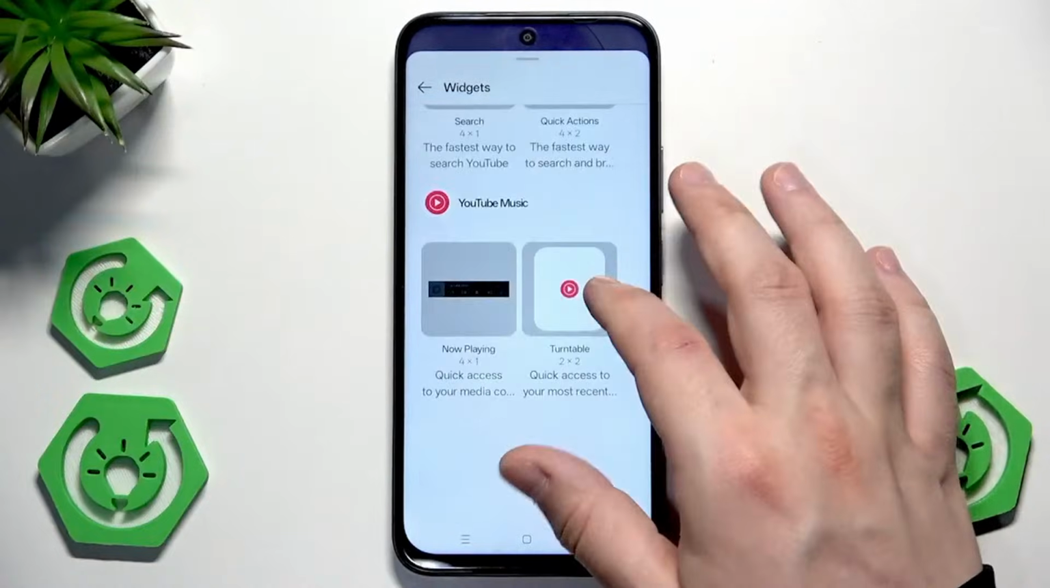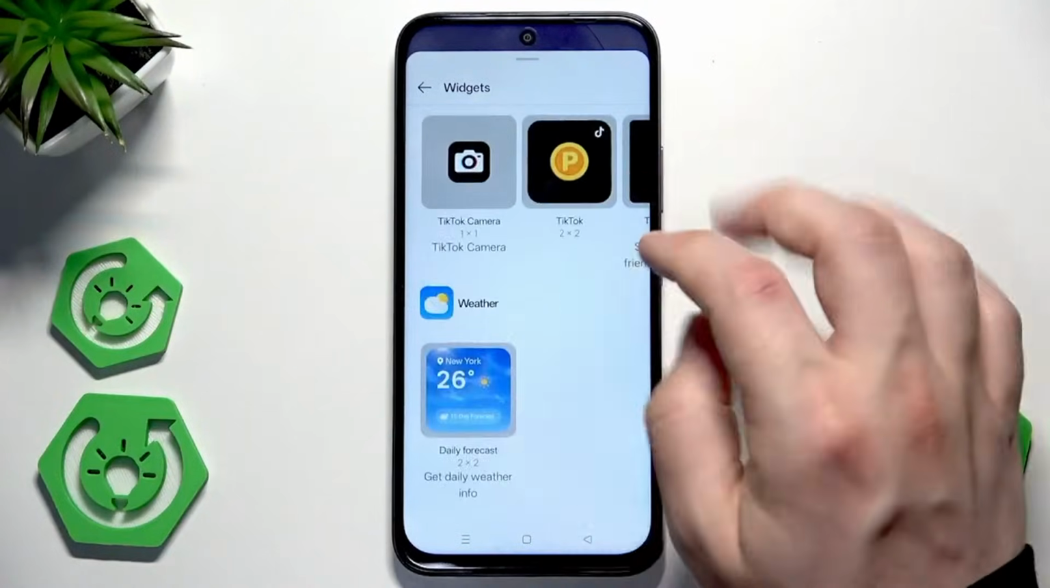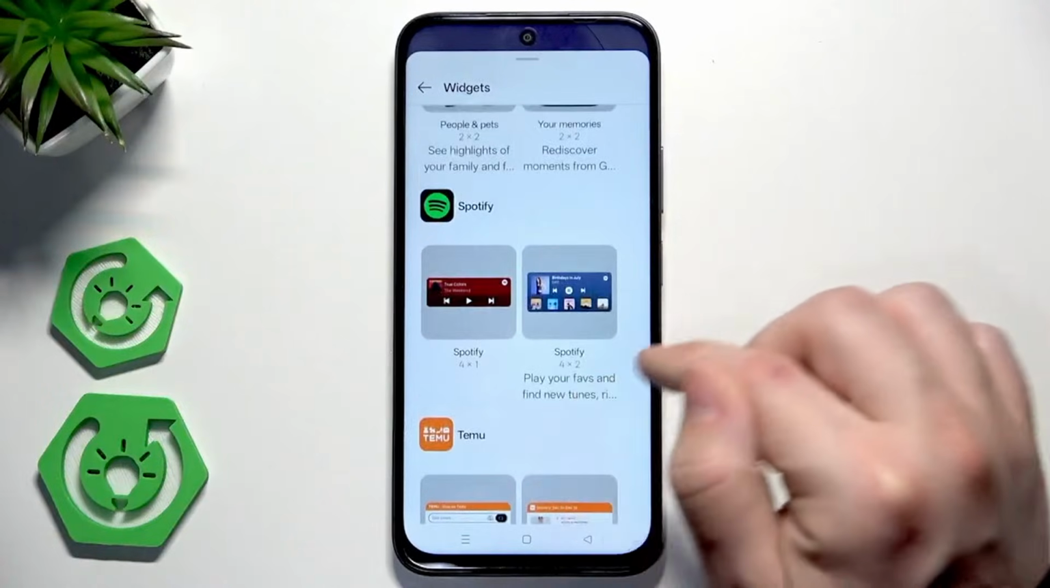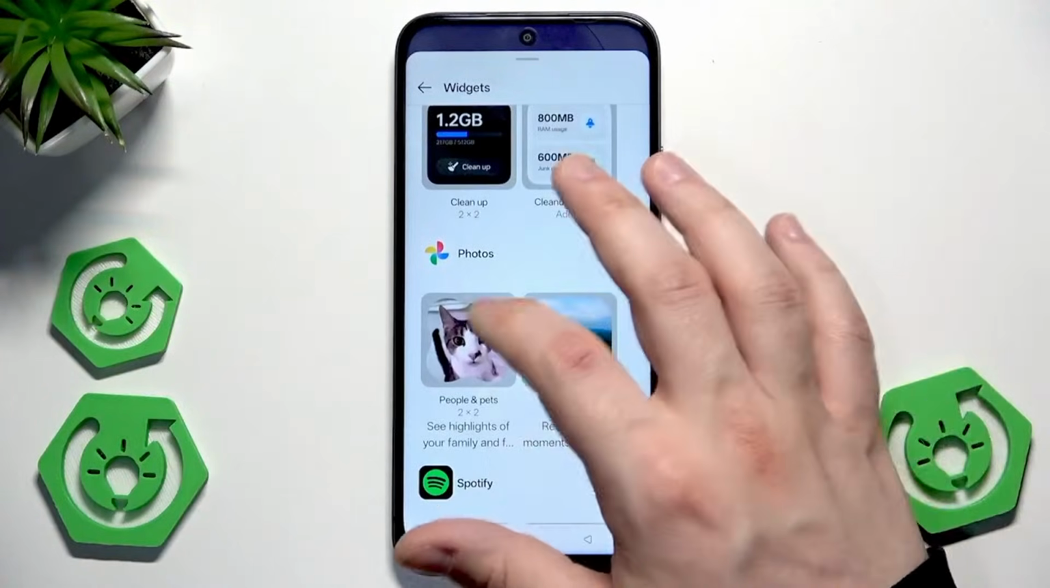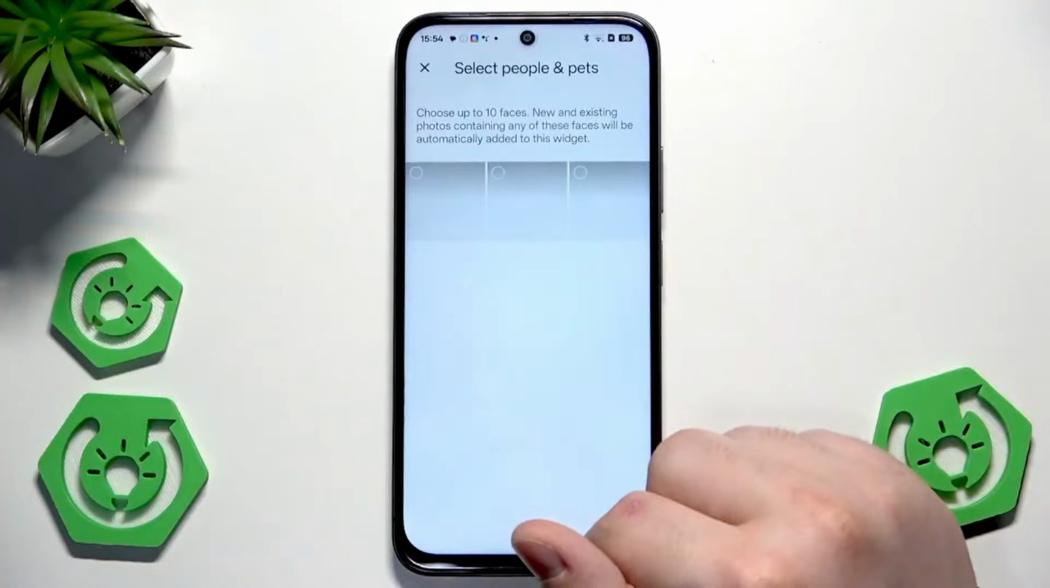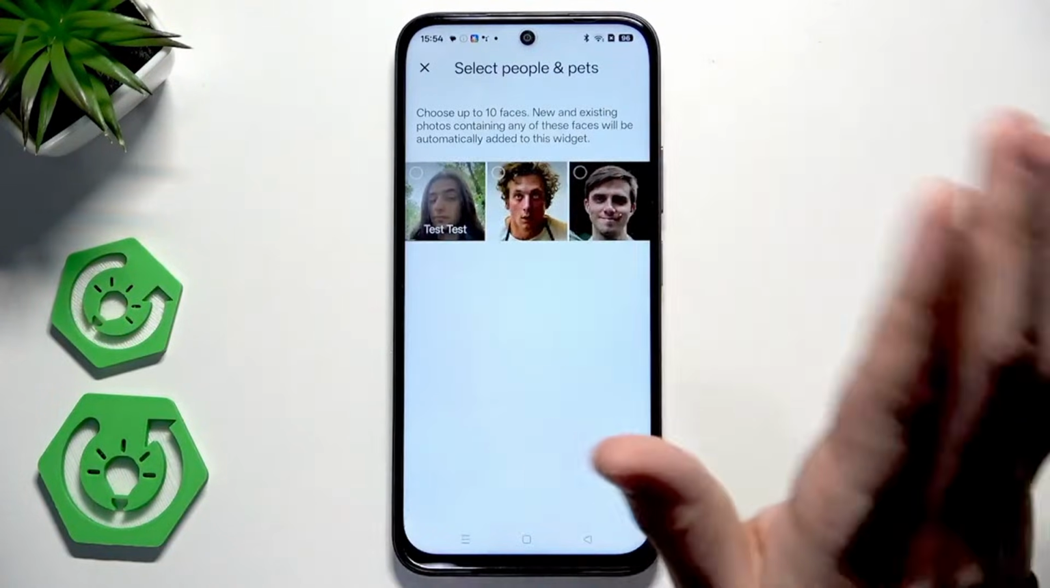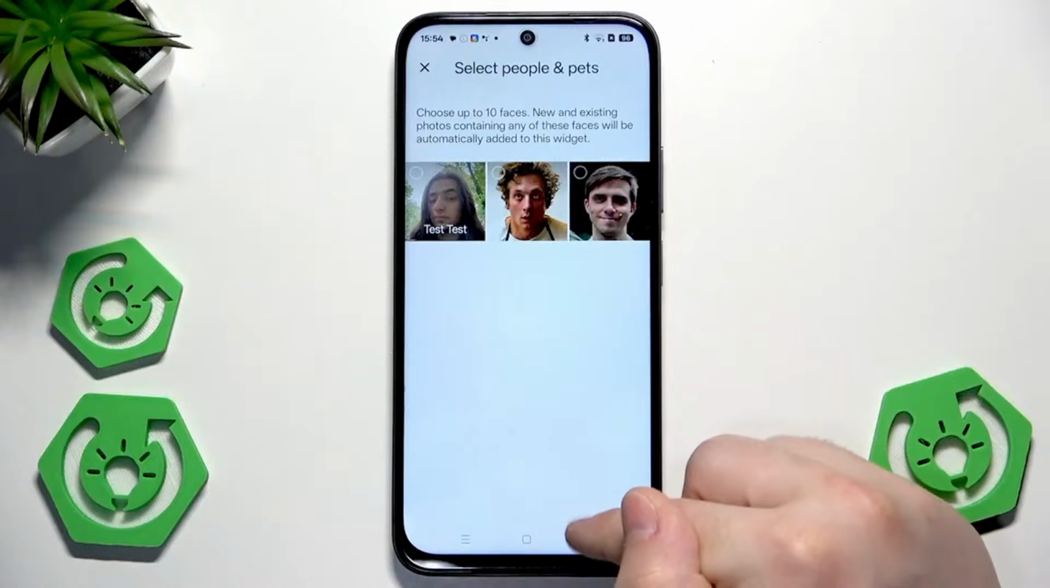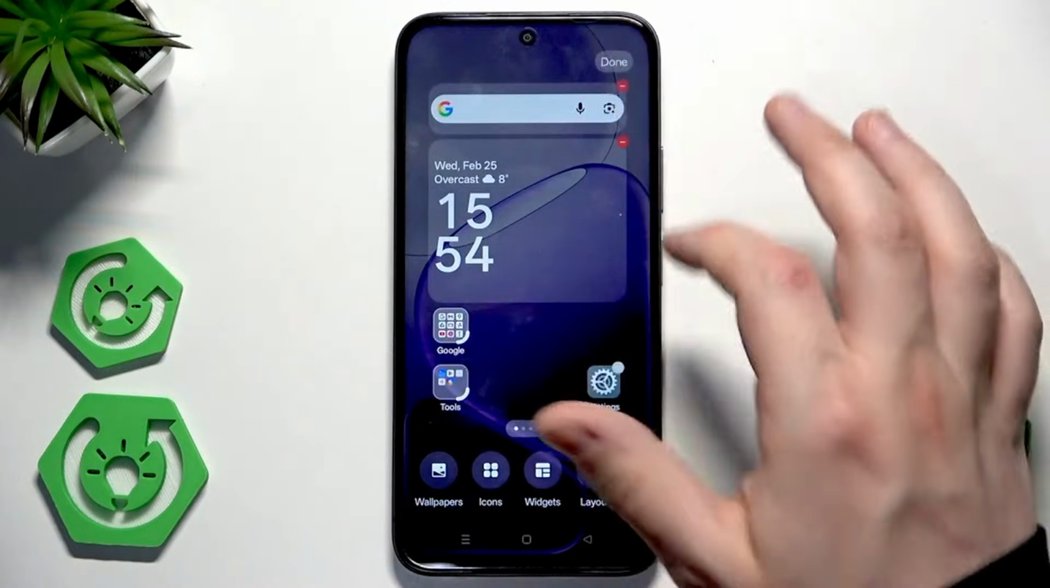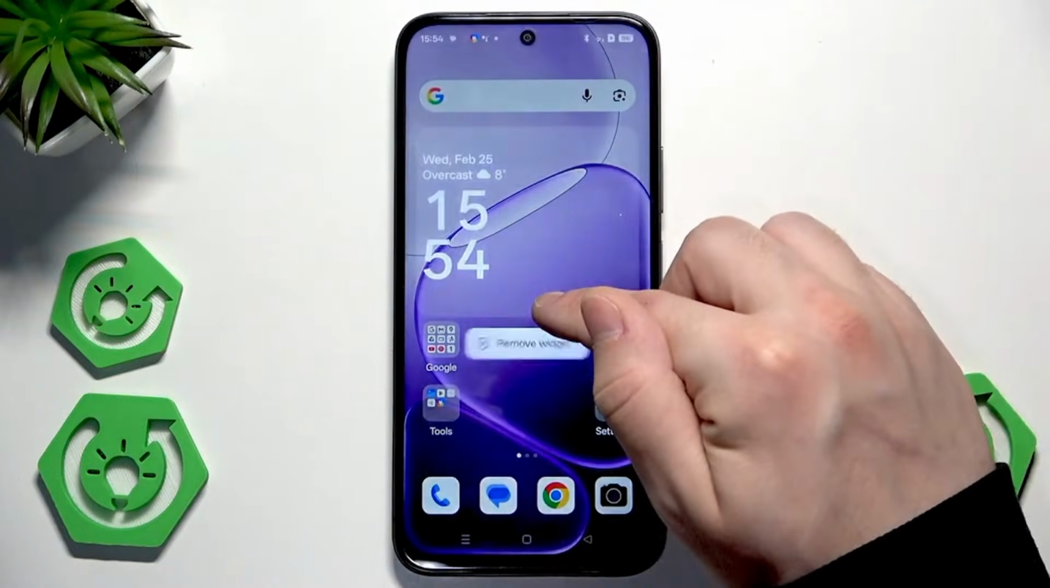Alright, next widget, I mean. Let's say maybe this one. And here we'll be able to add the photo for the widget. Alright, next thing